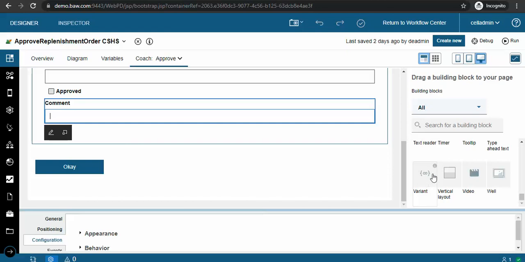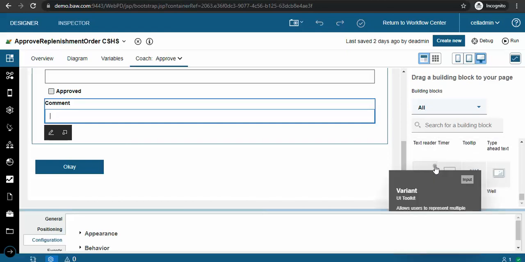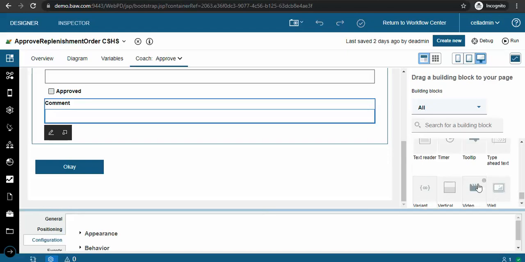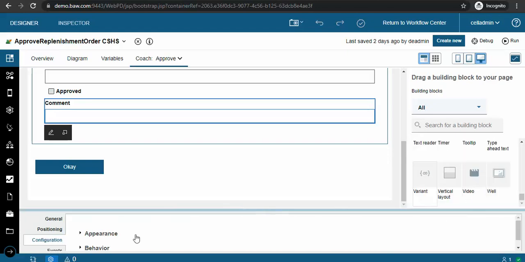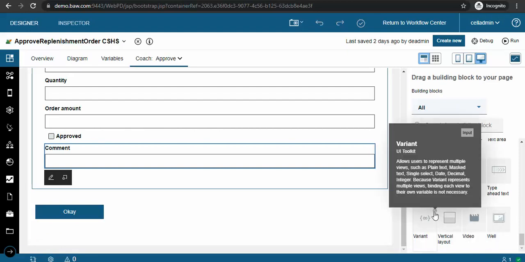I guess this variant is new. So let's see what it says. Allows user. Okay, so we have to scroll a little bit. Okay, so allows users to represent multiple views such as plain text, masked text, single select, date, decimal, integer.